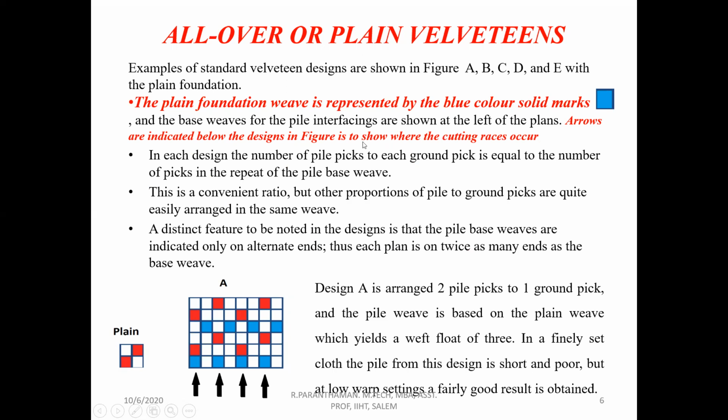So in these fabrics, we are getting two kinds of piles, that is looped pile and cut pile effect. For producing cut pile effects, we cut all the loops. So we need knife action to cut the loop piles. That's why the selection of the place is very important. That is shown by the arrow marks below the design.